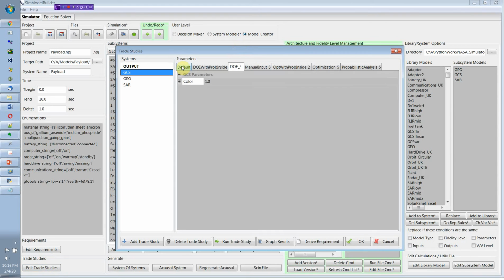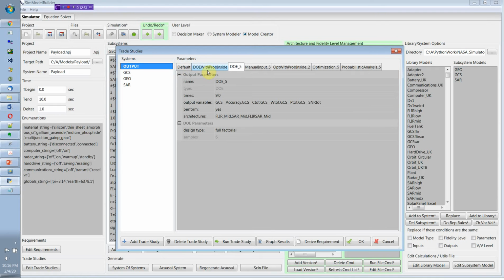And there's a whole bunch of trade studies that you can invoke with this software. One of the things we did as part of the SBIR was allow you to specify as many architecture and fidelity levels as you want for each trade study. So if I do a design of experiments, for example, like this one, this is the one we're actually going to do, I can do the design of experiments across all these